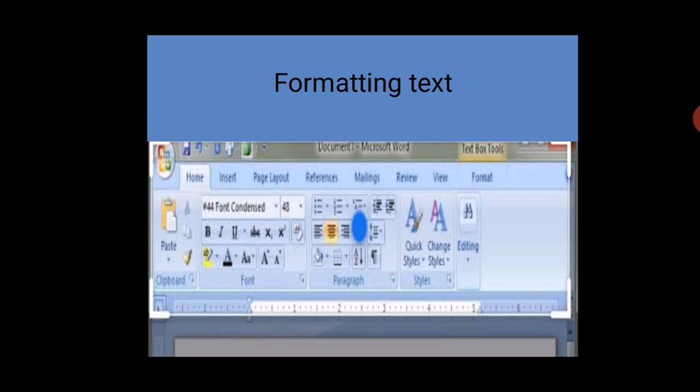In the Font group, there are options like font size, bold, italic, underline, font color change, background color change, and font theme change. In the Paragraph group, you can choose any kind of bullets, numbering in ascending order, and alignments like left, right and center, where you want the text or pictures to be. You can choose these from the Paragraph group.